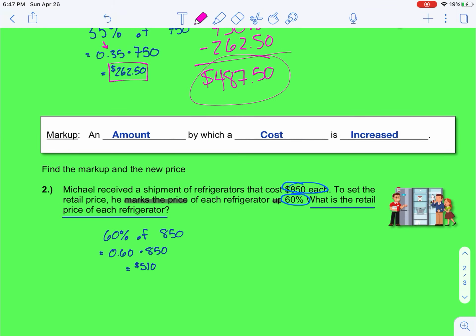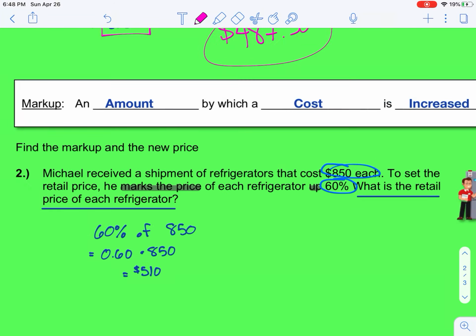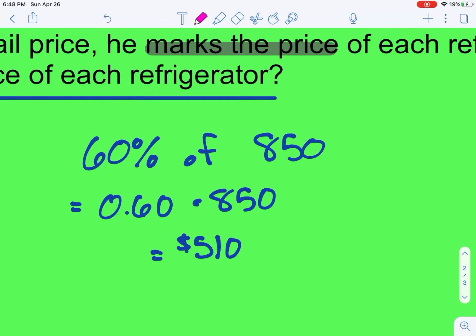Number 2, Michael received a shipment of refrigerators that cost $850 each. To set the retail price, so retail price, that means that's how much he's selling them to us, okay? To set the retail price, he marks the price of each refrigerator up 60%. What is the retail price of each refrigerator? So if I take a look at my percent of a number problem, I'm looking for 60% of $850, okay? So I went from 60% to 0.6 by dividing by 100, and I multiplied that by 850, and I get